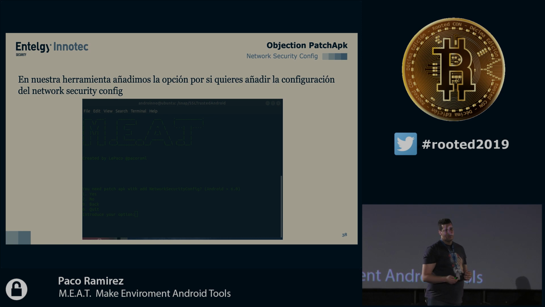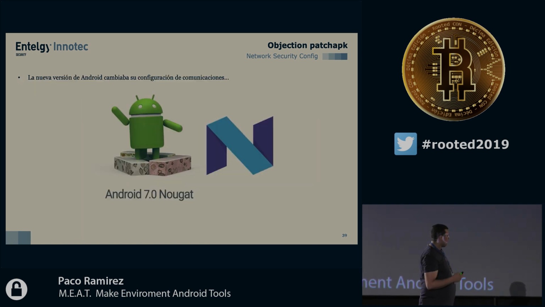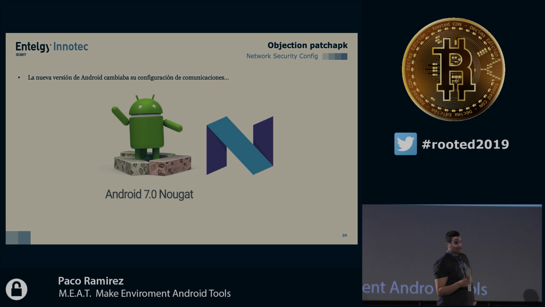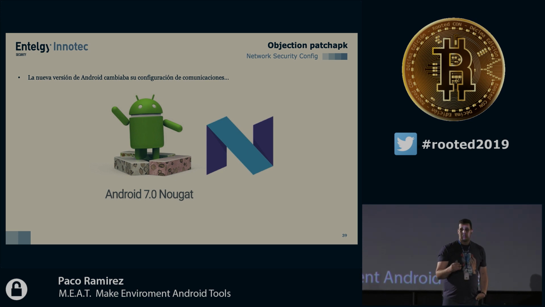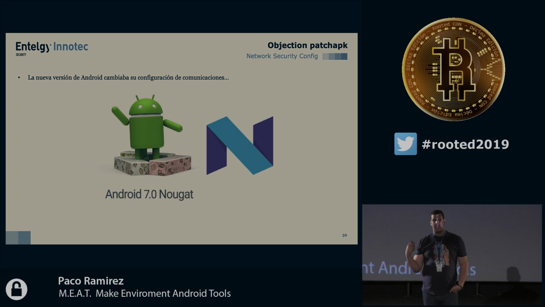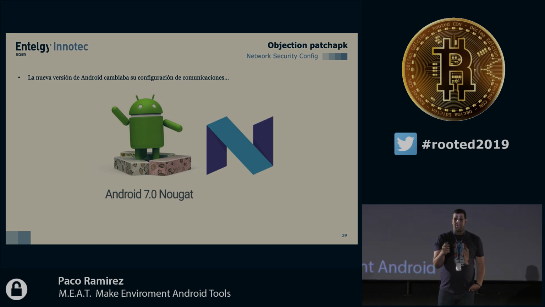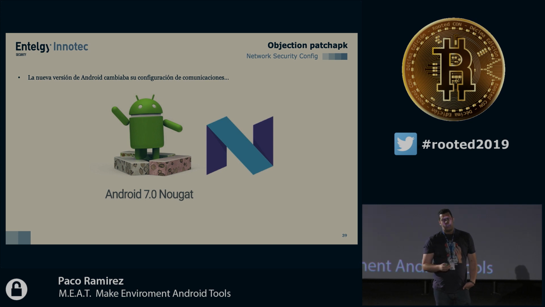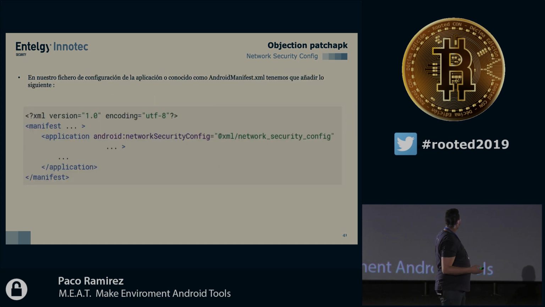But also I would like to add network security config, because from version 7 of Android on, if I want to make an application go through the proxy, if this is not included in the application, nothing will be done. This was implemented by Google, Android 7 version on, but this is not very secure, actually, because the idea